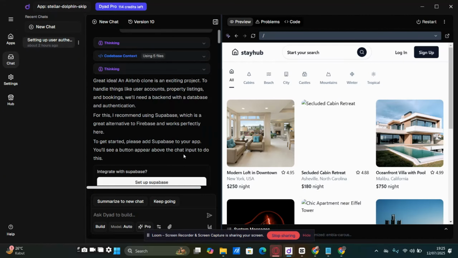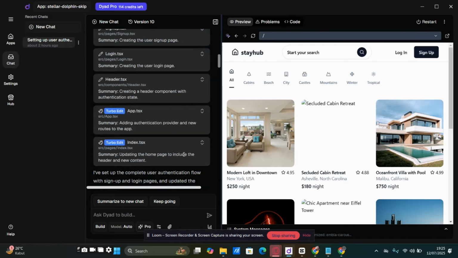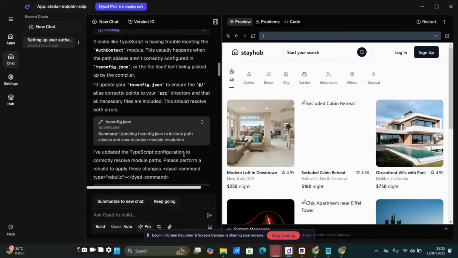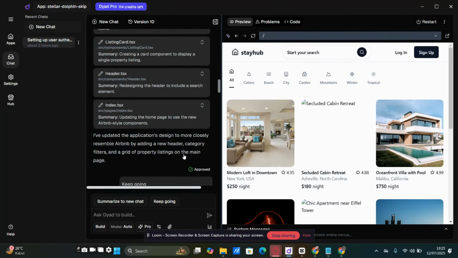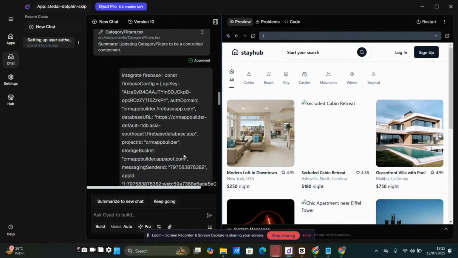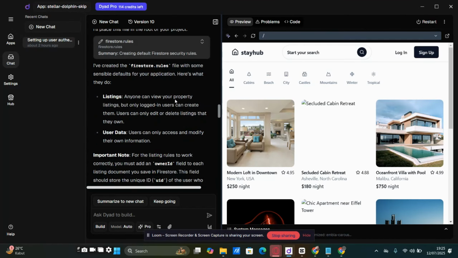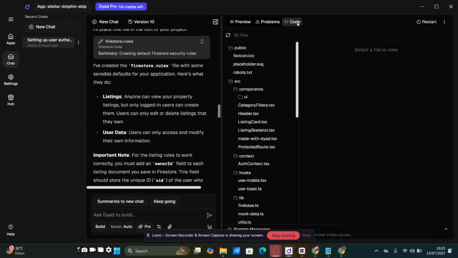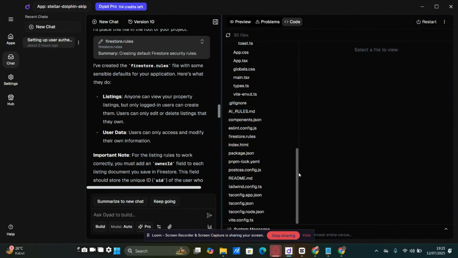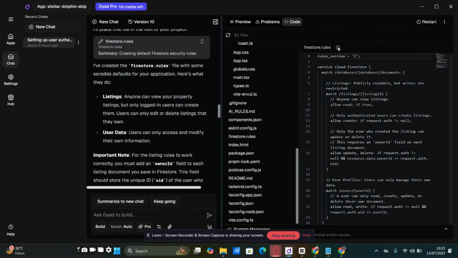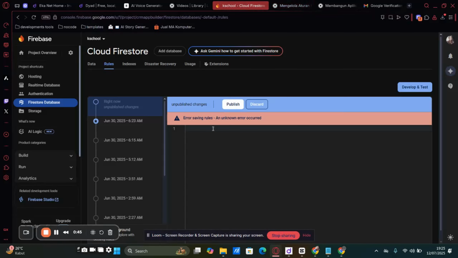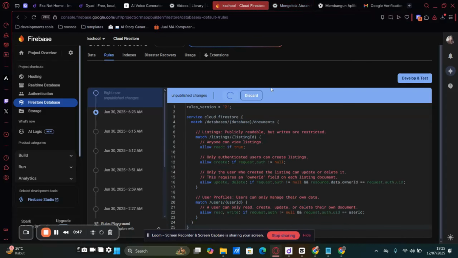As you can see, DYAD automatically generates our Firebase rules, eliminating the need for us to grapple with complex configurations. This is a huge benefit, especially for beginners, as Firebase rules can be quite tricky. Once generated, simply open the code, select everything with Ctrl-A and copy it with Ctrl-C. If you're unsure, you can find the Firestore rules directly in the code section. Then just paste these rules into your Firebase console and click Publish.